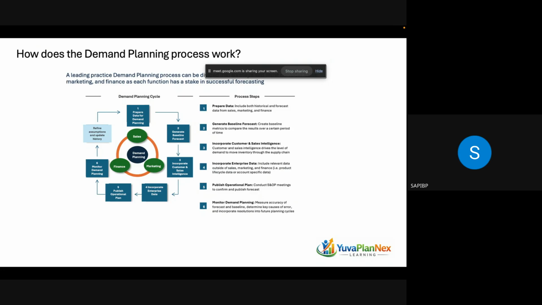Generally, when you are talking about the demand plan, first you need to gather the historical data. Once you gather it, next you will clean the historical data. If there are any outliers or promotions you have done, you need to remove them. Without that, you can't proceed, because whatever event or outlier happened in the past data may or may not happen in the future. So you need to remove that before going for the forecasting. So you need to clean it.